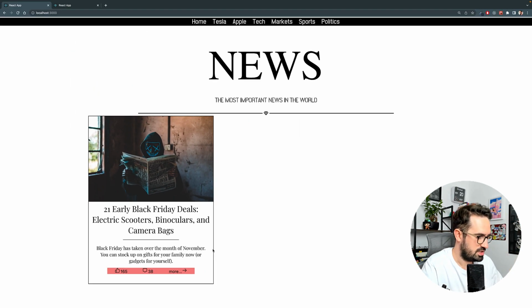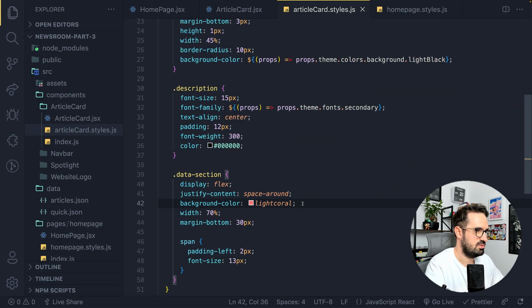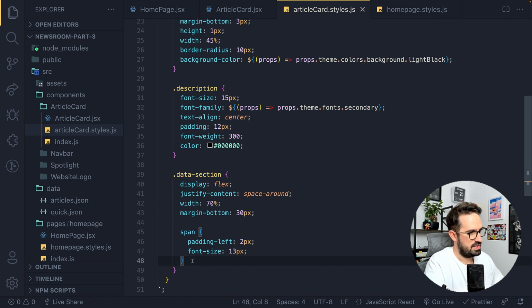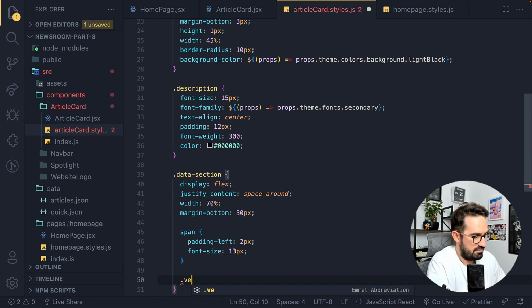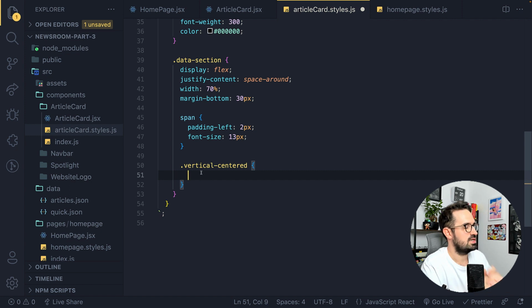So let's remove the actual color. We don't need that anymore. And let's add vertical align, centered. Okay. And this is something that I'm going to